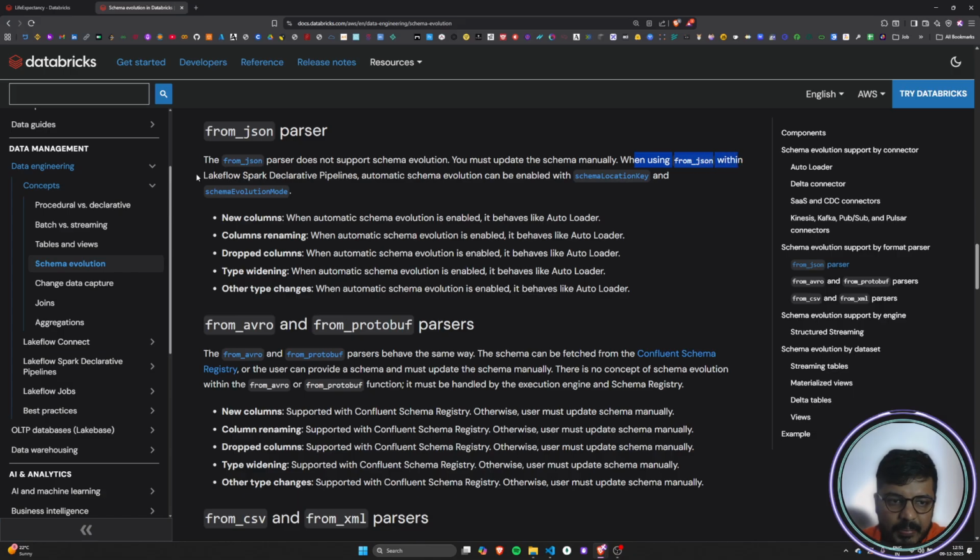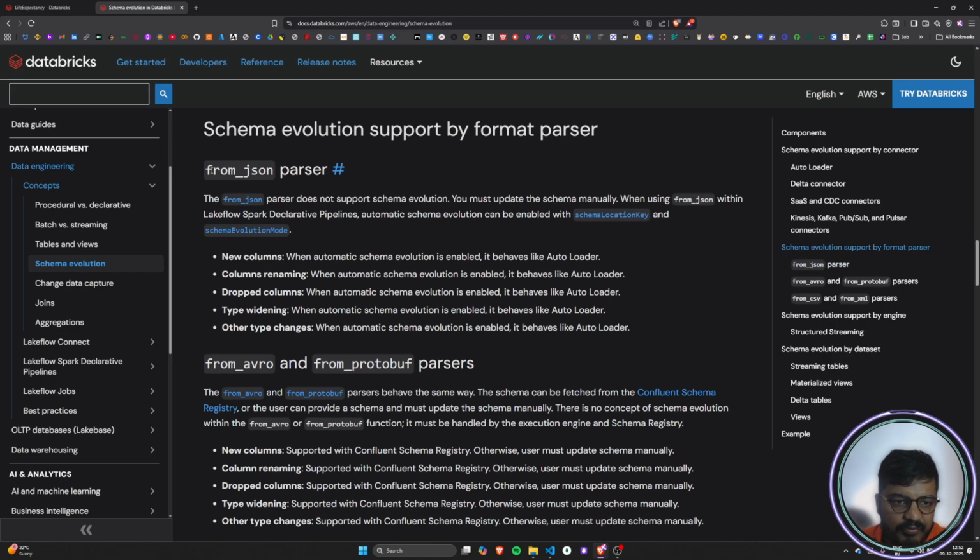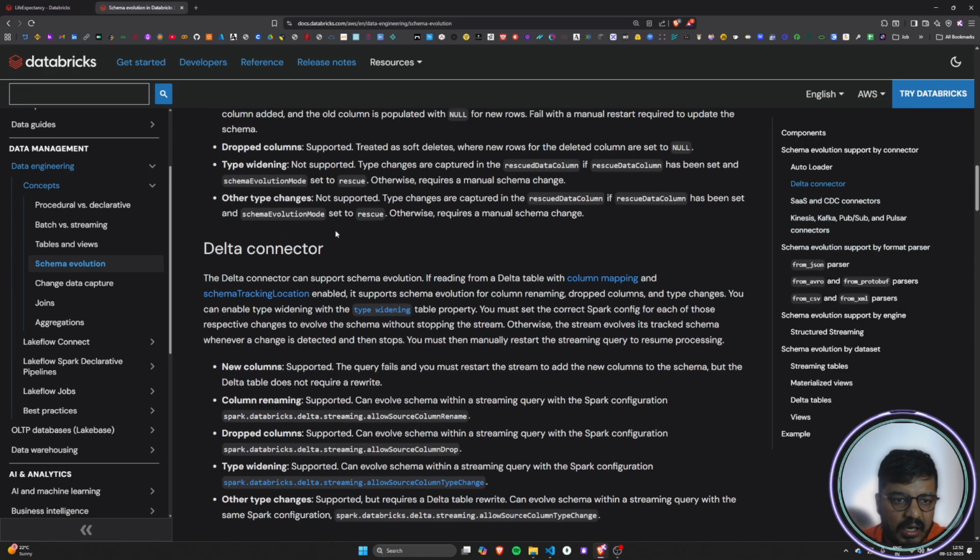When using the from JSON format parser within a Lakeflow Spark declarative pipeline, automatic schema evolution will be enabled with schema location key and schema evolution mode. Okay, so even the from JSON parser does not support any kind of schema evolution. We will have to manually update the schema, right? If we are using from JSON in the Lakeflow Spark declarative pipeline, in that particular case, schema evolution can be enabled or handled by the schema location key and schema evolution mode that we were having in our